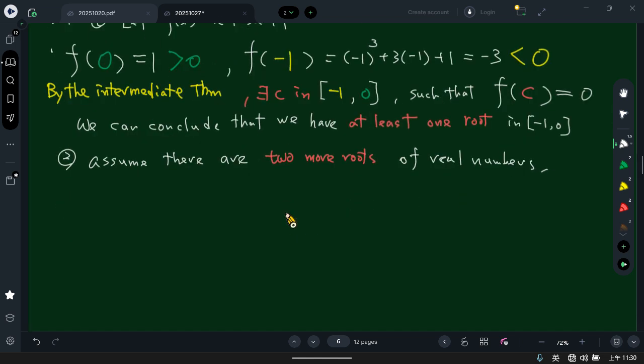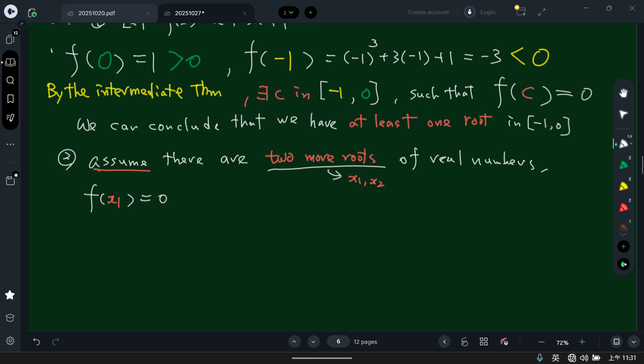Okay, so this is an assumption. Later on, I will show your assumption is wrong. But in the beginning, we just assume there are two more roots, right? That means at least you can have S1 and S2. Because if these two are roots, we can say that f of S1 is equal to 0,